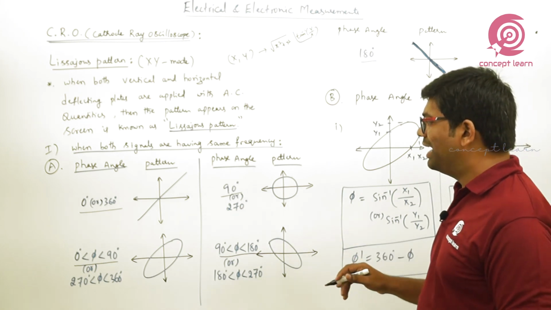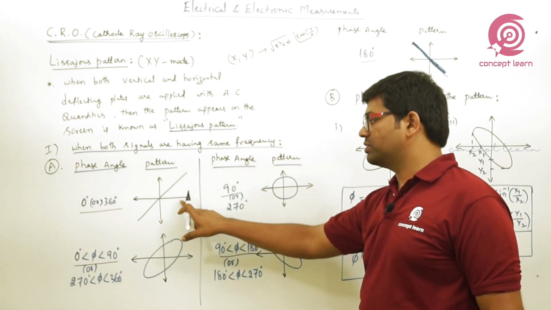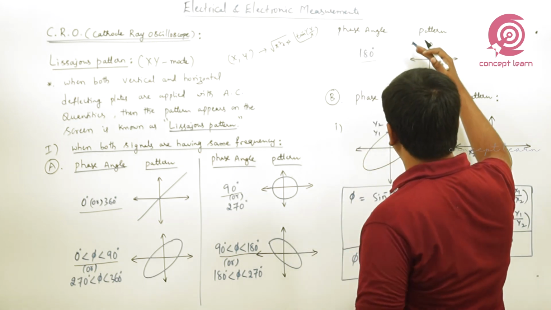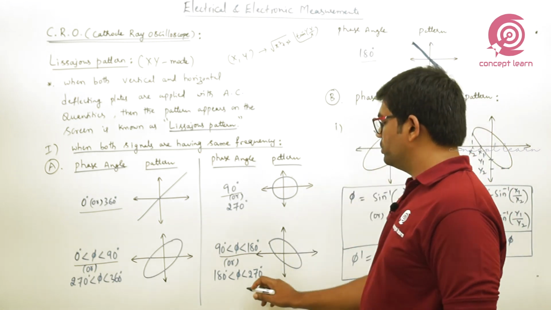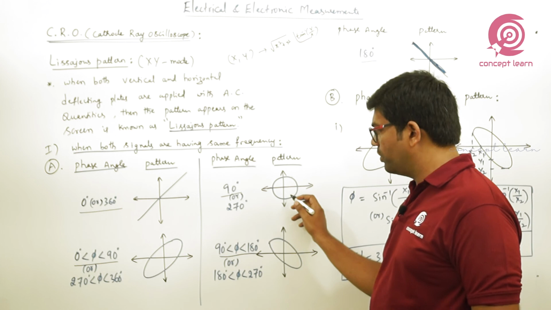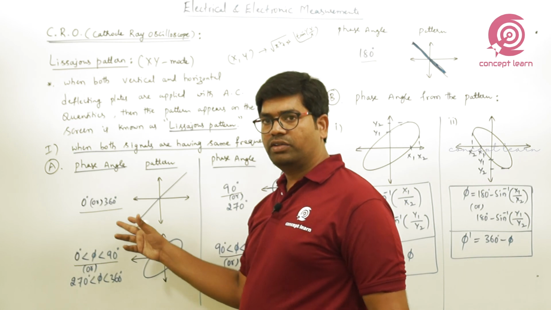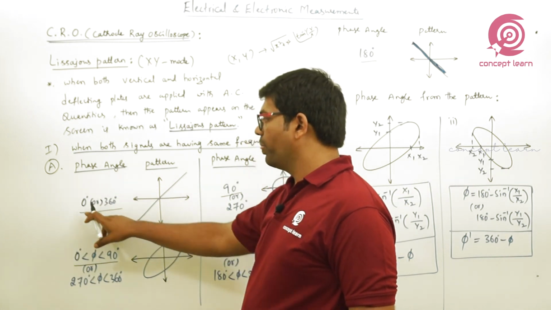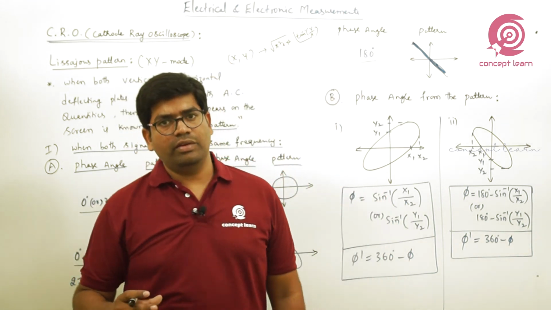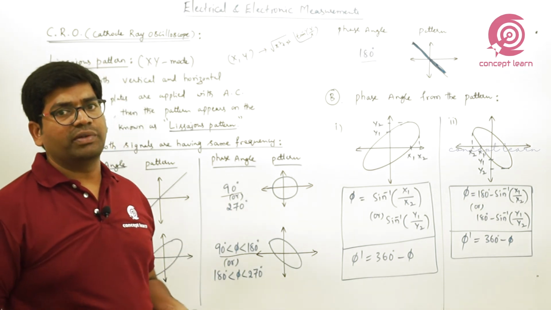This is for the anti-clockwise direction, that is 0 to 180. The straight line becomes an ellipse, the ellipse becomes a circle, the circle becomes an ellipse again, and then a straight line. Then 180 to 270 means an ellipse will come again, in the second and fourth quadrants. At 270, only a circle will come. Again, 270 to 360, an ellipse will come, and at 360 again a straight line, same as 0 or 360. This is for the anti-clockwise direction, and the other is for the clockwise direction. This is the way we need to notice the pattern from the different phase angle differences between the signals.